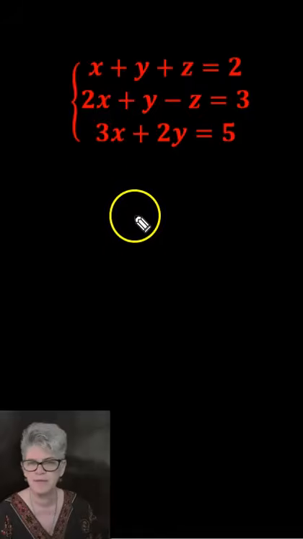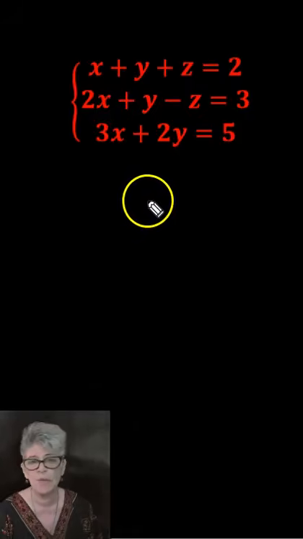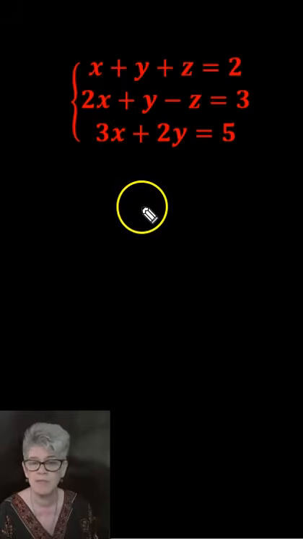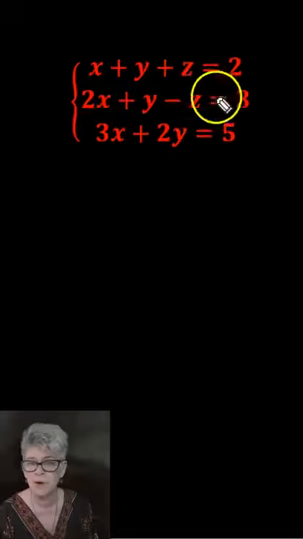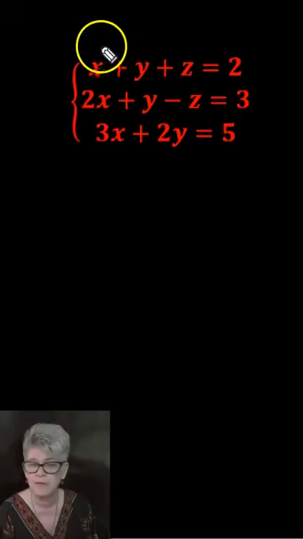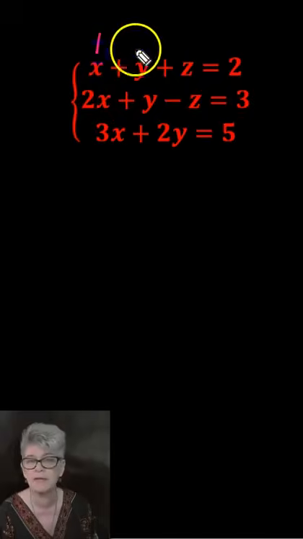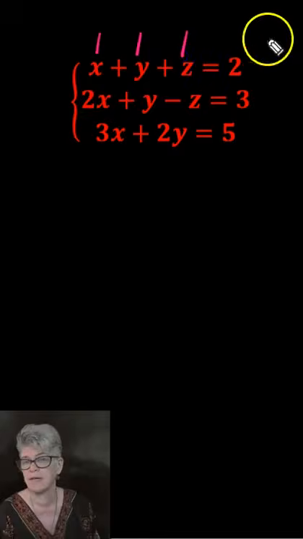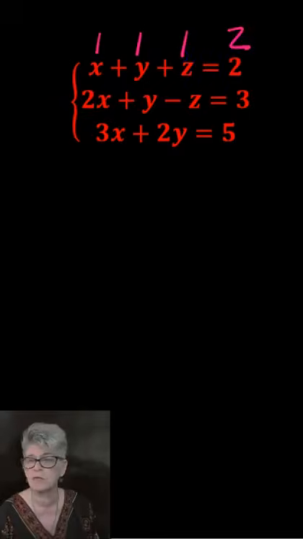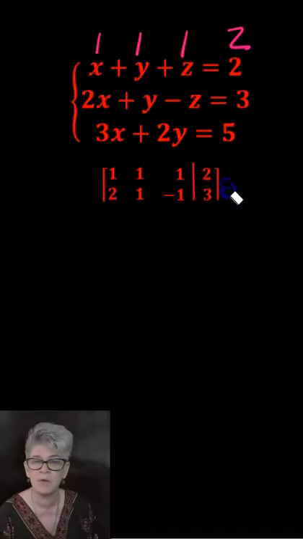Suppose you've been given a system of three equations and three unknowns like this to solve. Well, the first thing you would do is draw the augmented matrix. And so our matrix would have 3 rows and 4 columns. And the first row would consist of 1 times x, 1 times y, 1 times z is equal to 2. So that first row there would just have the entries 1, 1, 1, 2, and then you'd work out the